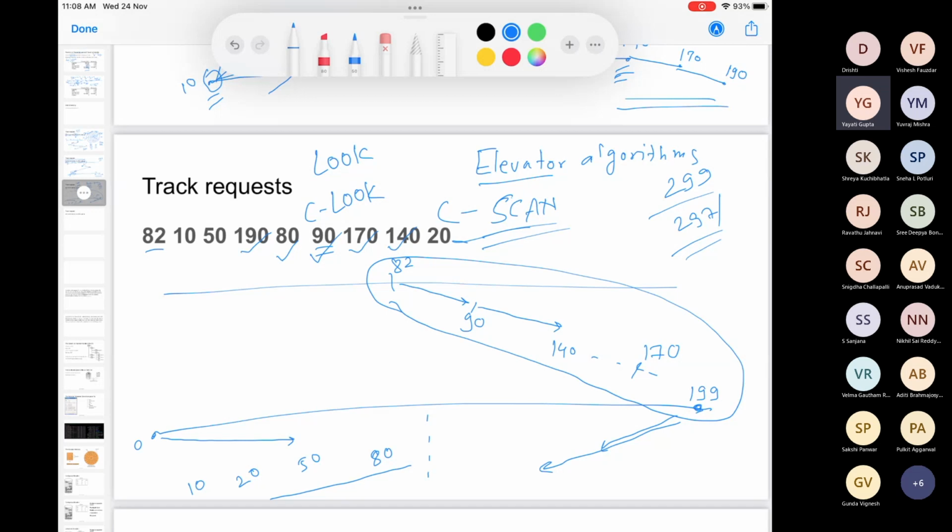And the difference between LOOK and C-LOOK is the same difference which is there between SCAN and C-SCAN. So LOOK will service everything this side, while coming back also it will service, while going back again it will service. C-LOOK will not service while coming back. So while going towards, let's say, the outermost track, it will service. While coming back, it won't service anything, and then again it will move towards the right side and service. Right? So we'll solve some numericals for this. They will make things all the more clear.